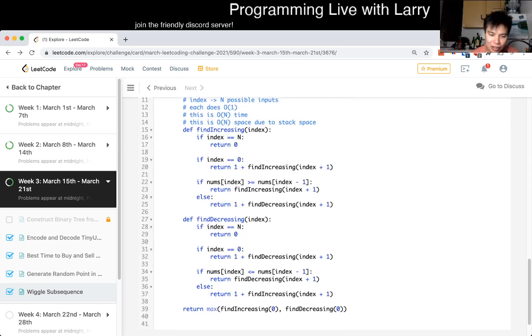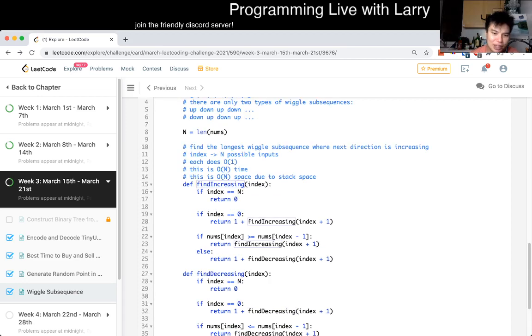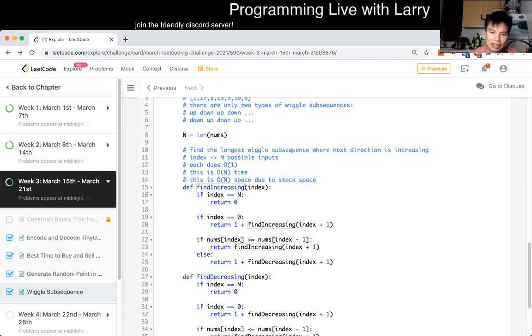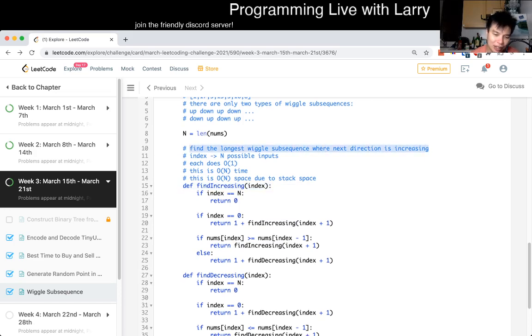So as we said, this is just, let's say we have two functions. For this one, we want to answer the question: find the longest wiggle subsequence where the next direction is increasing. And then the other one is the opposite, where we find the longest wiggle subsequence where the next direction is decreasing. And then here, we just go for the base case, with the index at the last element,